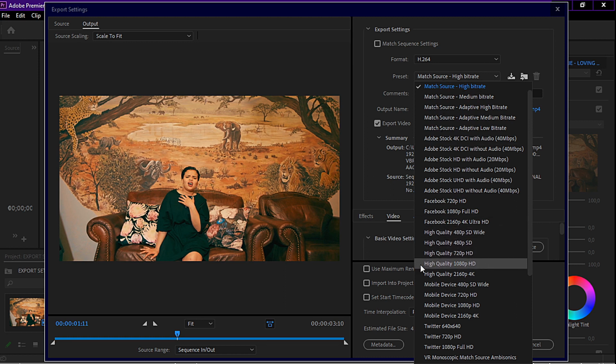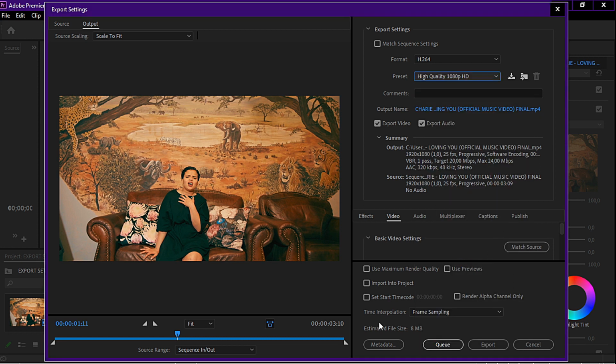So what I would normally do is I would change this to either high quality 1080p, and if I click on it, I want you to take note of what happens to the estimated file size. So you see now the file size has increased from 4 megabytes to 8 megabytes, which is actually double. But now let's say this is a large file, maybe an hour-long file,